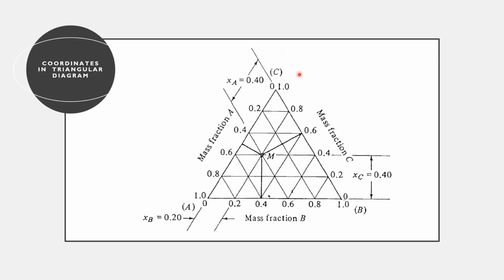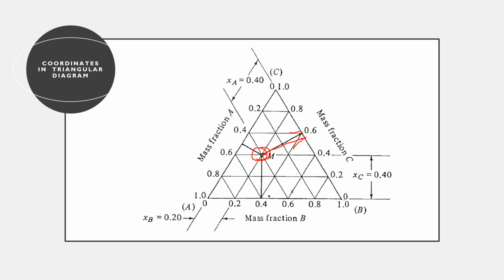Triangular coordinates like in this diagram are often used to represent the equilibrium data for three components A, B, and C. Each vertex or corner represents a pure component of A, B, and C. For example, this one shows 100% of component A. This point M represents the mixture of components A, B, and C. Now let's have a look at the composition of components A, B, and C. Taking point M to the base of BC,